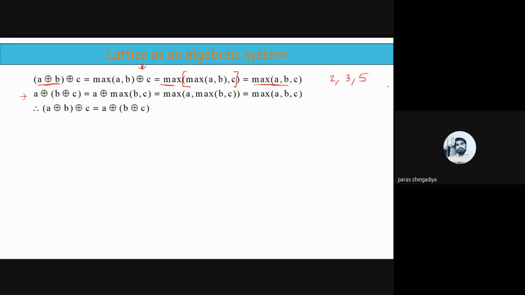Clear? And then next, the second part, and we can also consider the same counter example here: 2, 3, and 5. So first find the maximum of A B, that is 3. Okay, 3 is the maximum value compared to A and B, and then afterwards use 5 as C and find its maximum. So the maximum is 5. Clear? That is the answer. And then afterwards the second part, A ring sum (B ring sum C). So what is the answer for that?